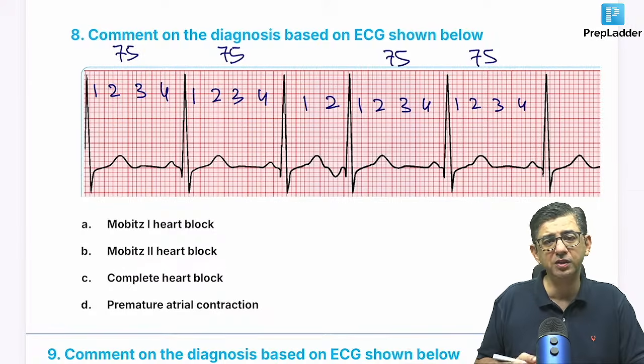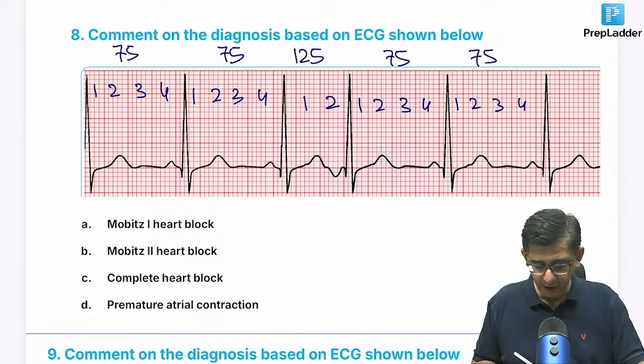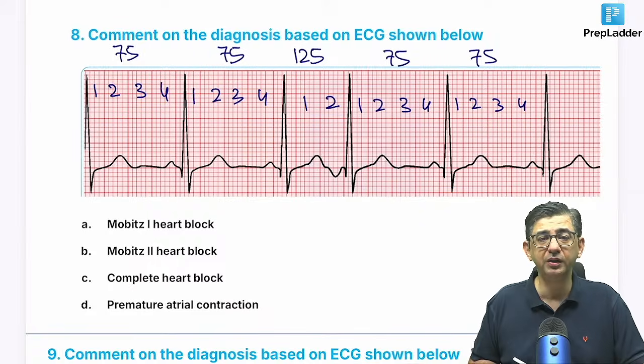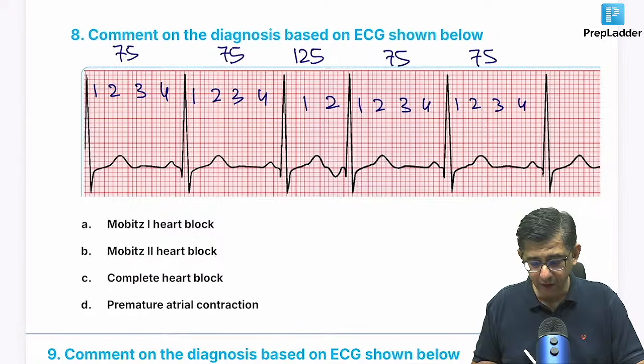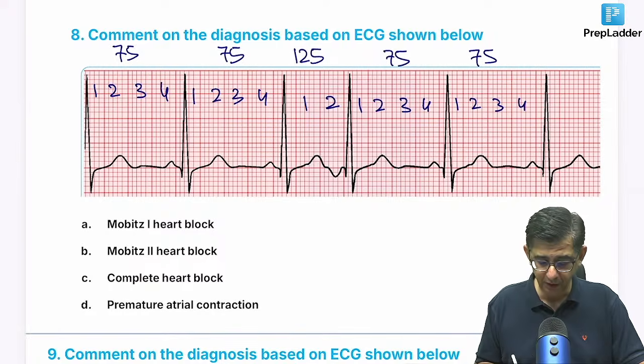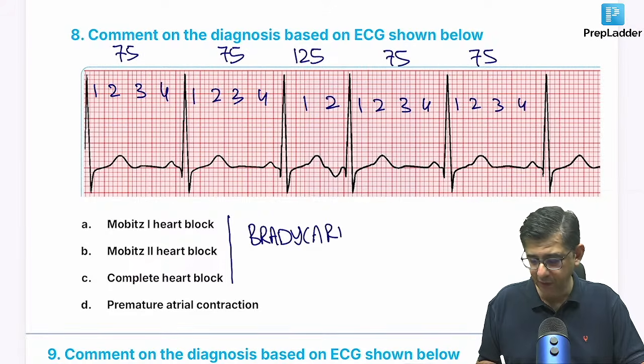But between this 2.5, I can say that the heart rate is jumping up to 125 beats per minute. So considering that in this patient the heart rate is normal, we cannot say Mobitz one heart block, because in Mobitz one heart block there has to be the presence of a bradycardia. Now, in all of these questions of heart block, what you're supposed to pick up is that there should be